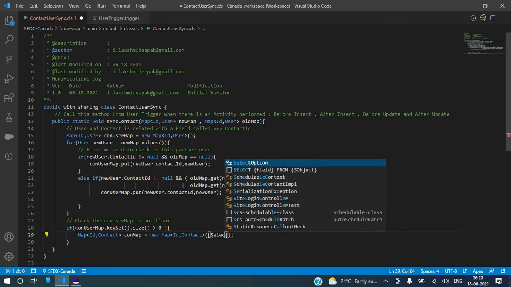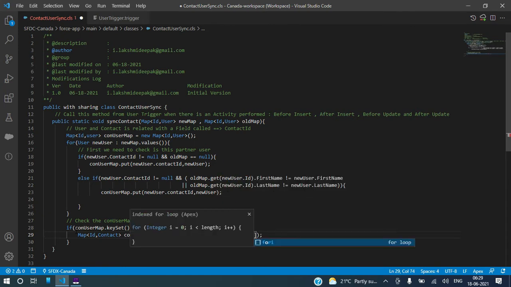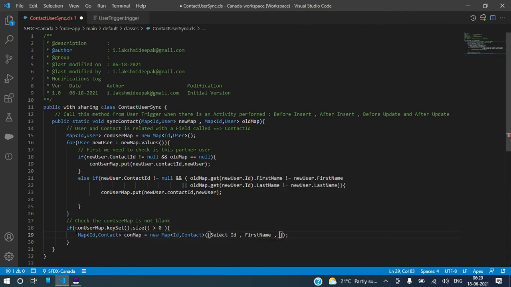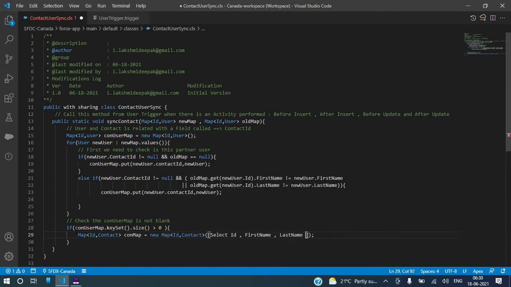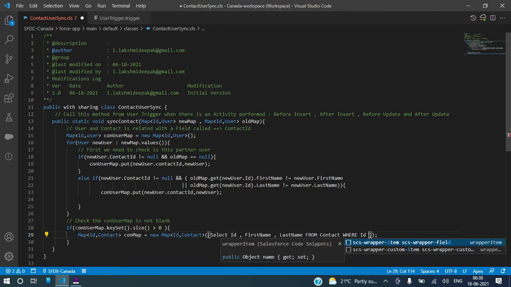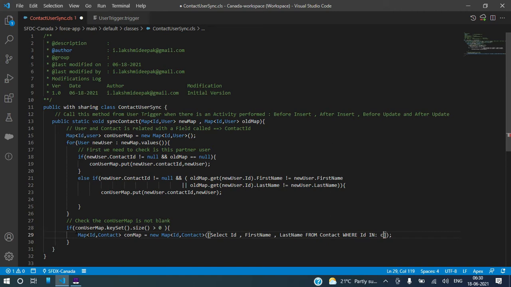So get data from contact based on the IDs what we have from the con user map, the one we just got from contact where ID in colon con user map dot key set. Right? Key set will get all the keys. Now keys we have here is contact ID. That's what we are adding up. So once we get contact users, then what we can do,